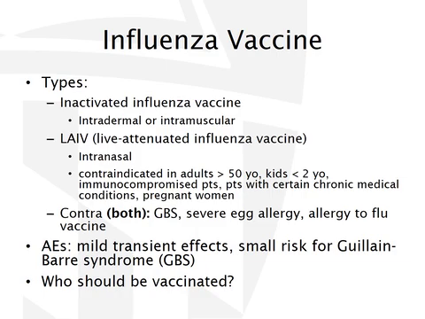So there is an inactivated influenza vaccine. Most of the influenza vaccines are the inactivated type, and these are either administered intradermally or intramuscularly. There is the live attenuated influenza vaccine. This is only administered via the intranasal route. The brand name is FluMist. And this is contraindicated in certain populations because it's a live vaccine. So, adults over 50, kids less than 2, immunocompromised patients, patients with certain chronic medical conditions, pregnant women, or patients with a history of GBS.